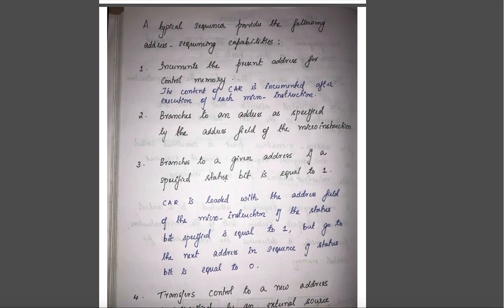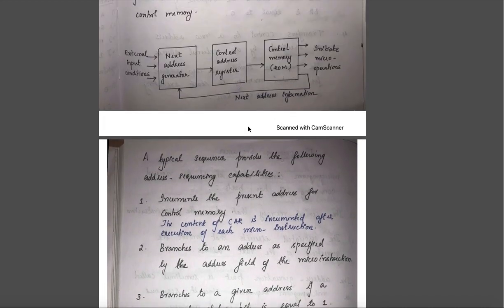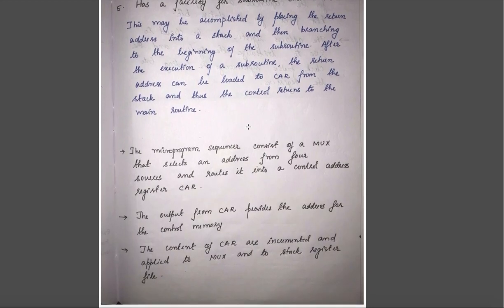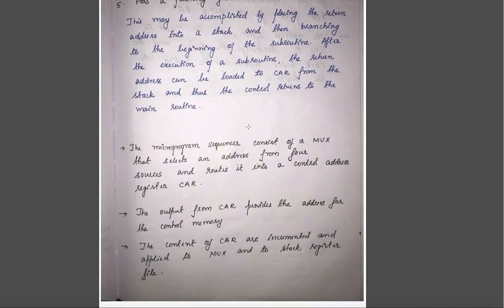The normal procedure which we usually do, we already studied in the first module. In case of a subroutine call, what a processor actually does is store the current executing or the next execution address into a stack, and then it will go and execute the subroutine, right? After the subroutine execution is completed, it will come back, look into the stack, and take up the address from which the execution needs to be continued. Same procedure. So all these are the 5 capabilities required by a sequencer which we are going to design. Okay, so keeping that in mind, we have to design a microprogram sequencer.